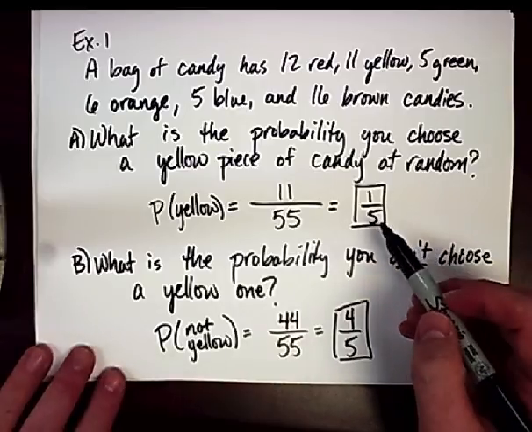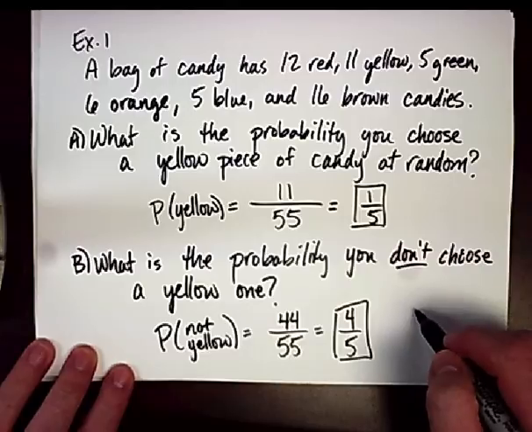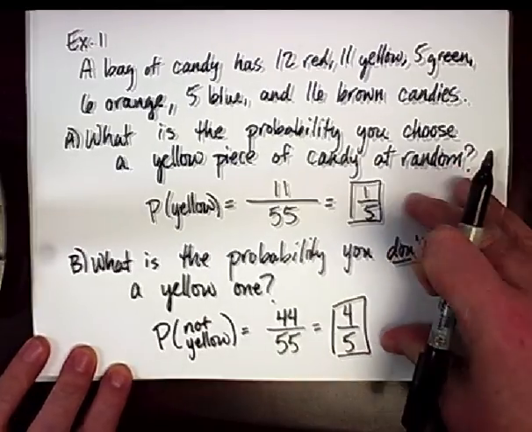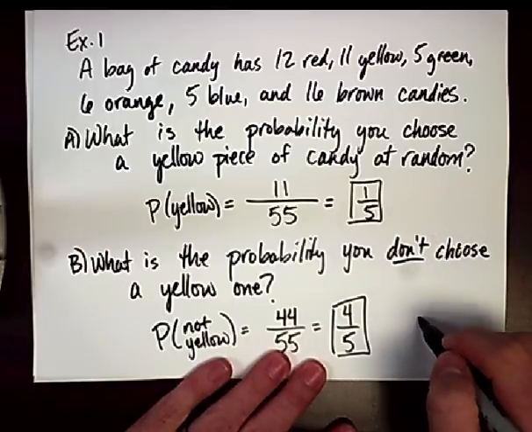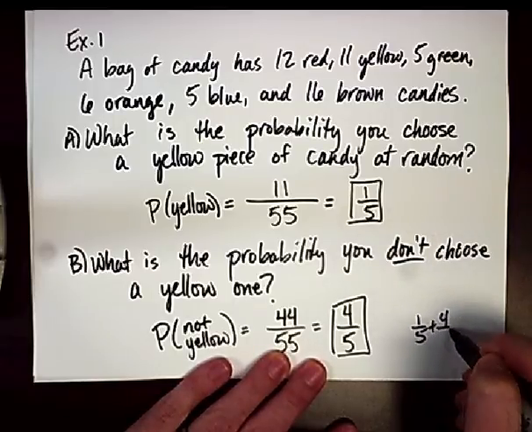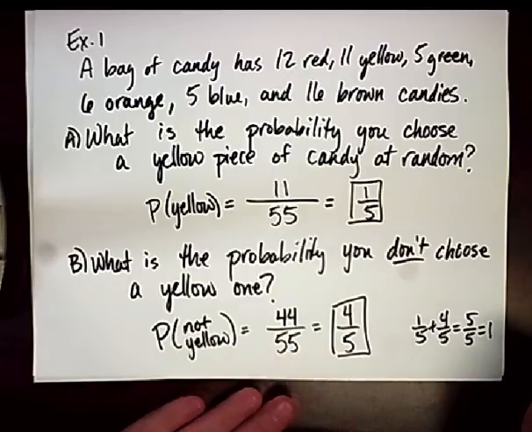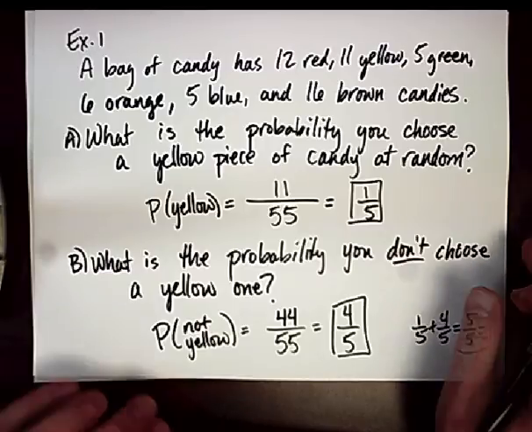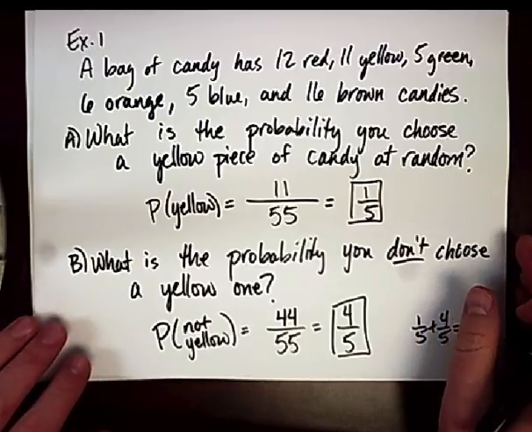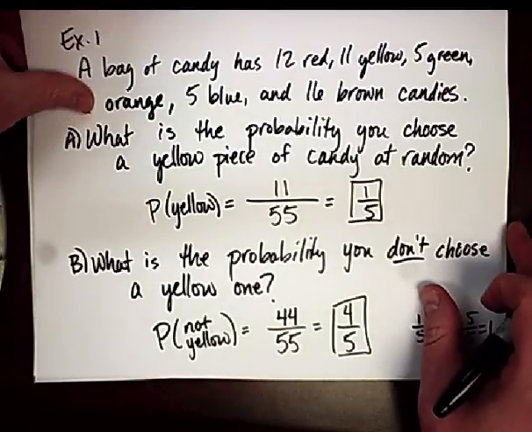What do you notice about these 2 probabilities? This is the answer to the 2 questions, but I'm going forward to teach you something else. If you add those together, 1/5 plus 4/5, you get 5/5, which is 1. Anytime you have 2 things whose probabilities add up to 1, they are called complements, okay? And complementary events are